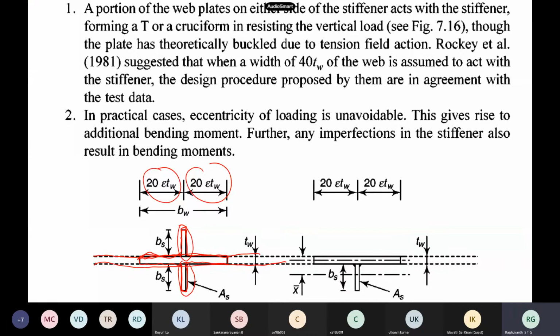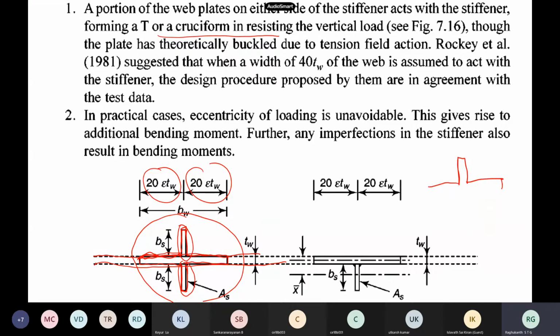When you put stiffeners on this side and this side, then for the area and other things, apart from the stiffeners you may have to add this 20 times epsilon tw extra. So it is something like a cruciform shape you are having. This is the stiffener, and this much region you have to take care of.